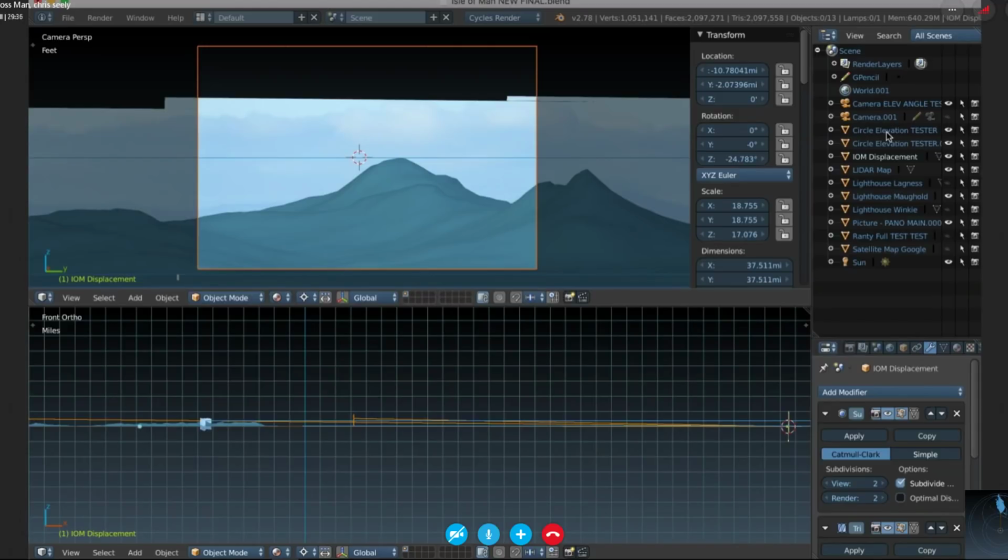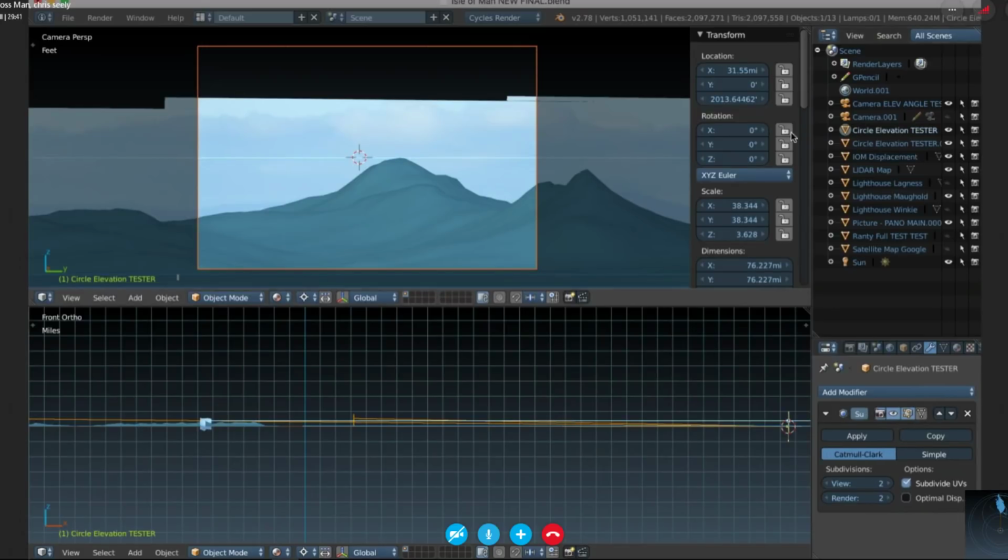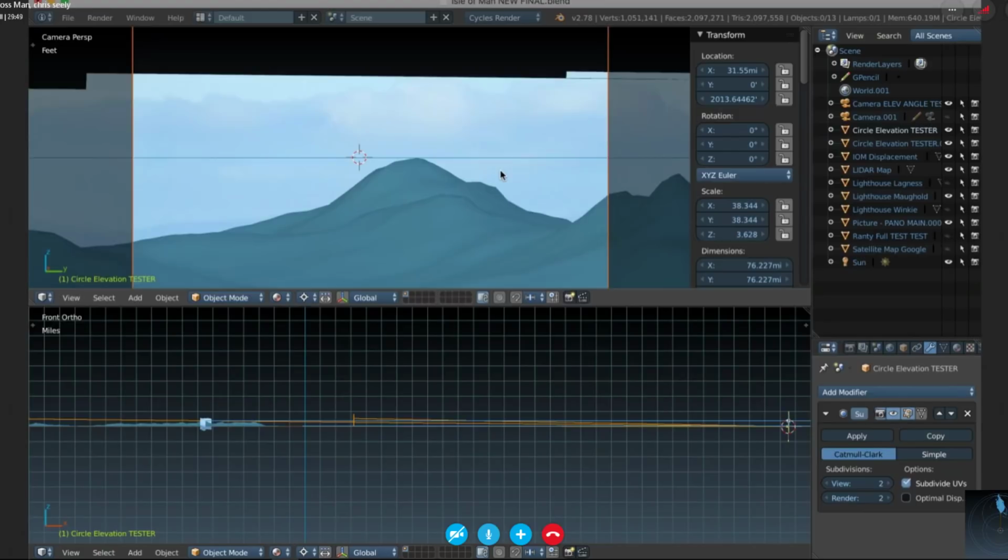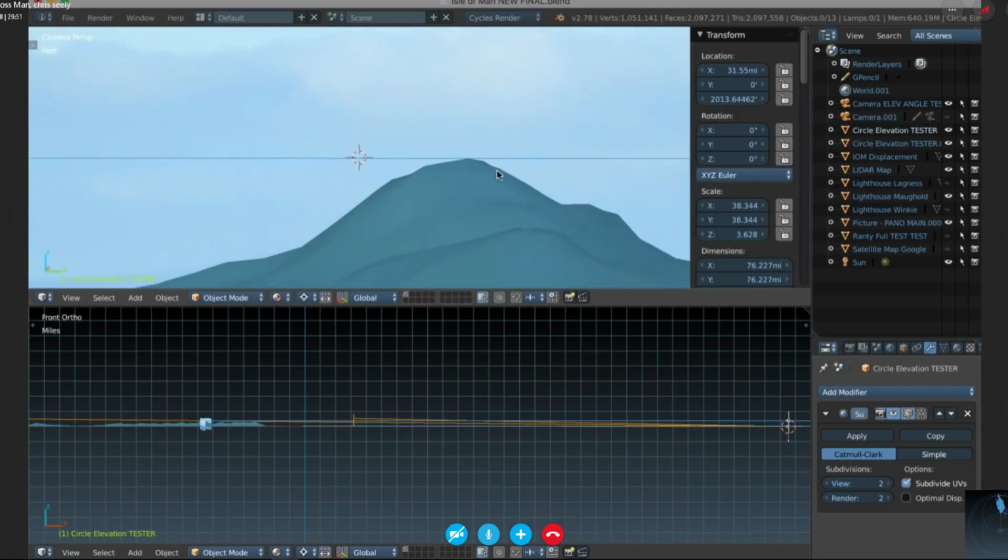Since it's basically very simple trigonometry and elevations, I'll toggle it on and off here so you can see the white line at the top, and I'll zoom in. So the camera right now is pointing at this line, which is this blue line crossing the top of this mountain, which in reality is Snaefell Mountain, which has a known elevation of 2,013 feet. And that's what that blue line represents. So once you know the elevation and the distance to the camera at 31 miles, you can, on the bottom part here,